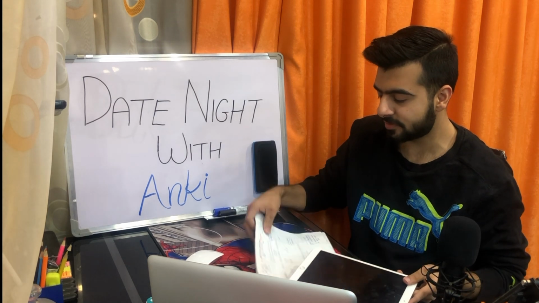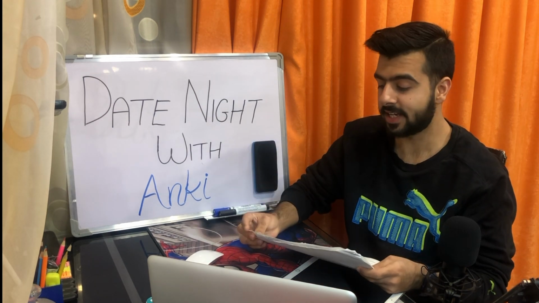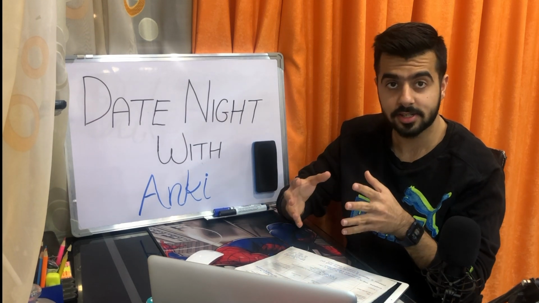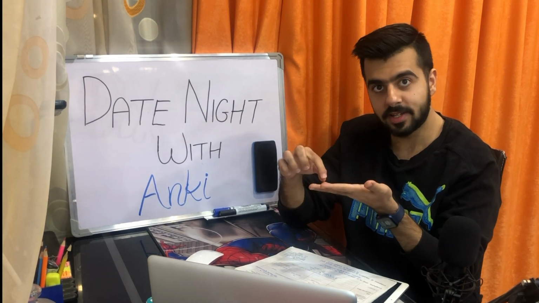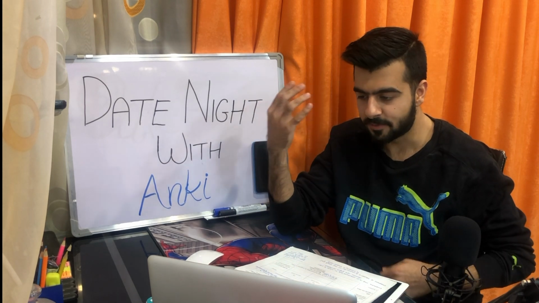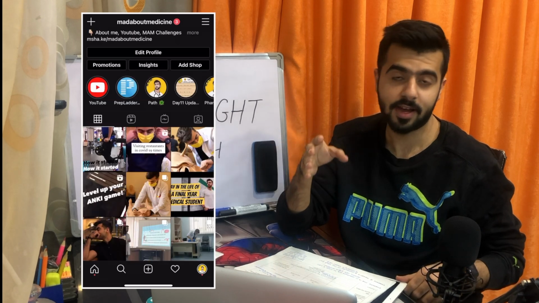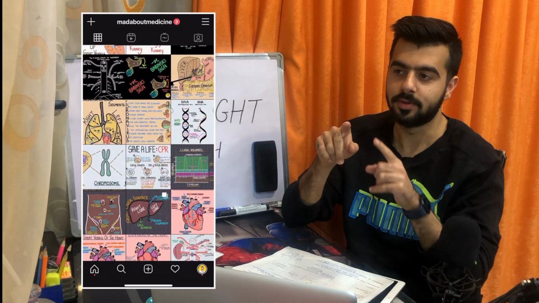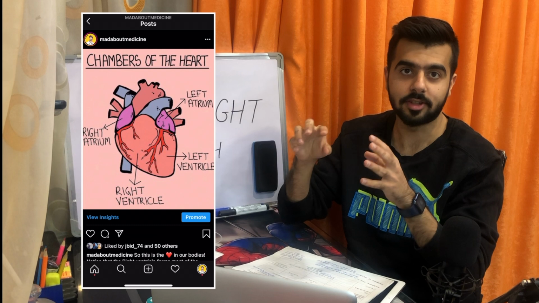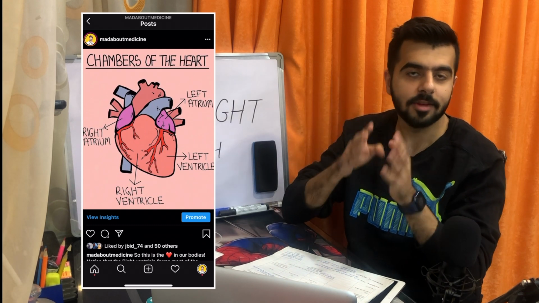Now this is specifically useful for making anatomy cards or image cards, hence the name of the add-on, image occlusion. It's like you have an image and you just occlude the labelings and you try to answer, okay, I can see this image, what was this? For example, you have 4 valves of the heart and you mask the labels of right atrium, left atrium, right ventricle, left ventricle, just a basic example.